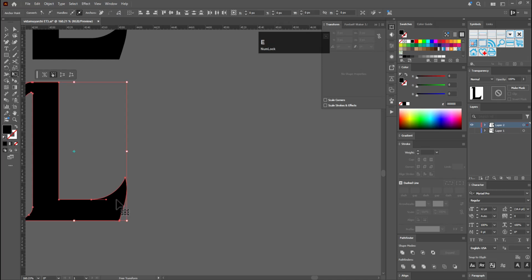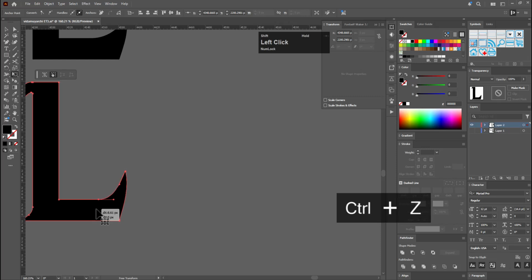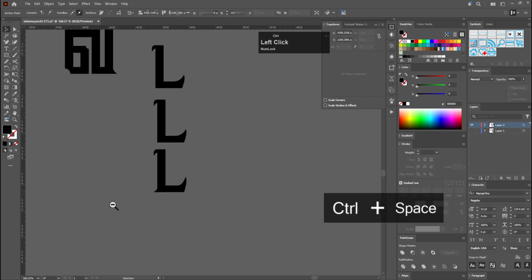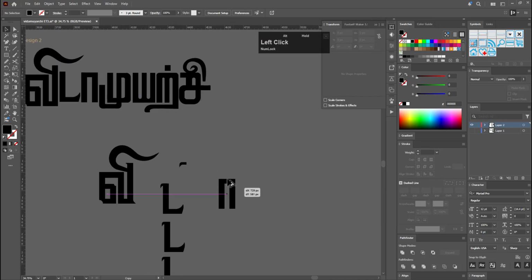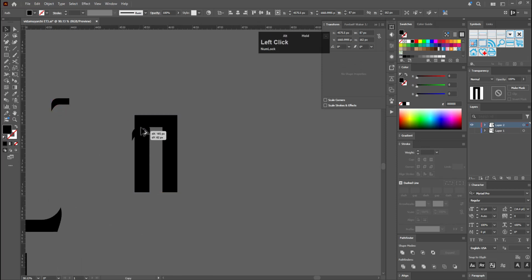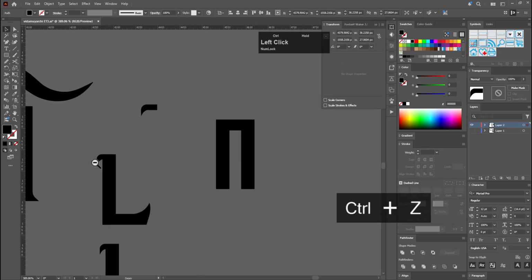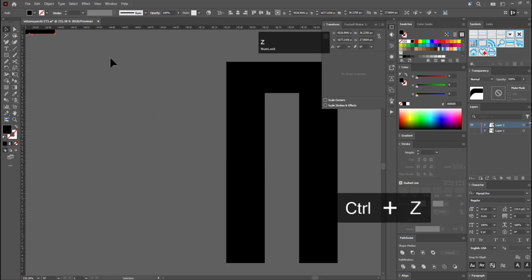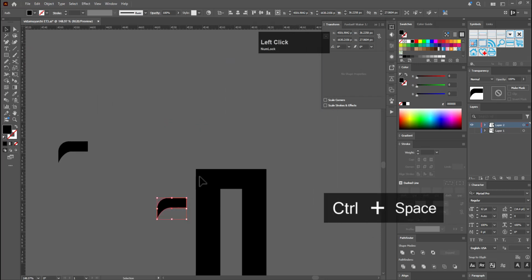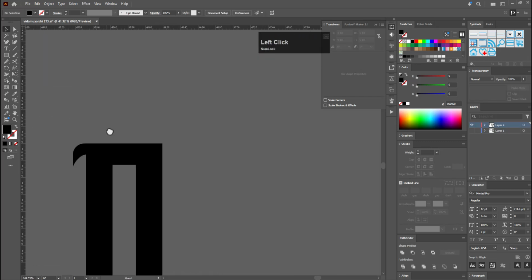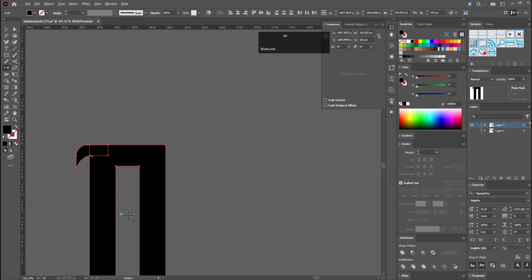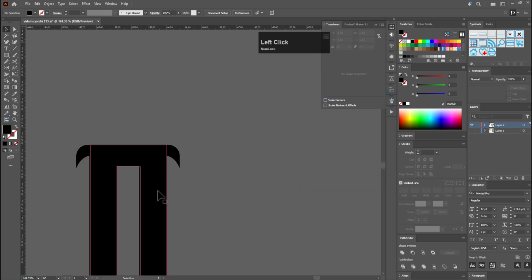I think we are alright. Let's select and bring it up just a tiny bit. Maybe let's select this and bring it inside just a bit. I think we are okay. Let's bring this thing, and let's bring this here. Hold Alt and bring it here, and let's place this here. Something like this, and let's select all of this, press O and pick a center point, press copy and edit